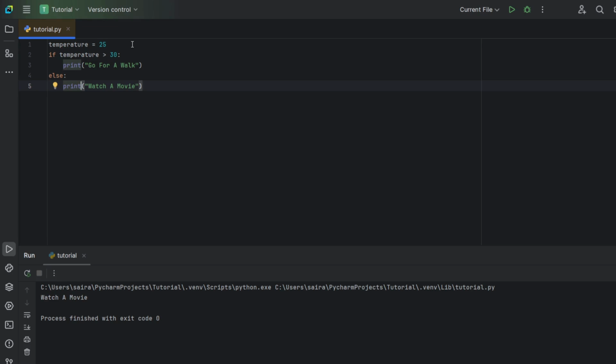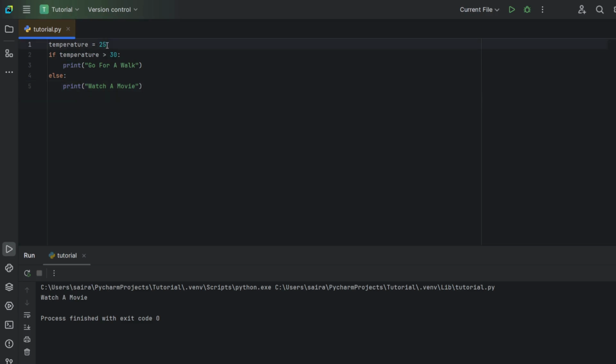So the part of the code which begins with an else says what to do if the condition specified for the if is not met. Over here, if the if statement is true, it will print go for a walk. And if it is not met, it will print the else statement. Therefore, in the if-else execution, if the condition evaluates to true, the if statement is executed.